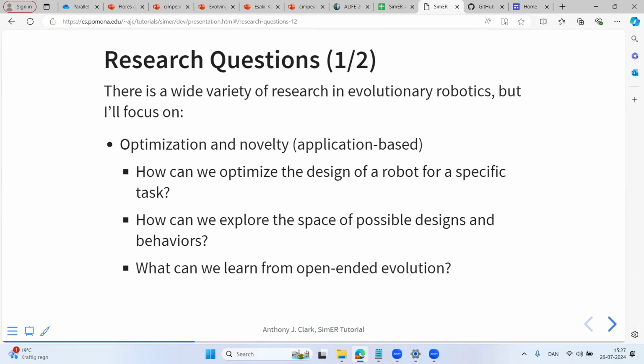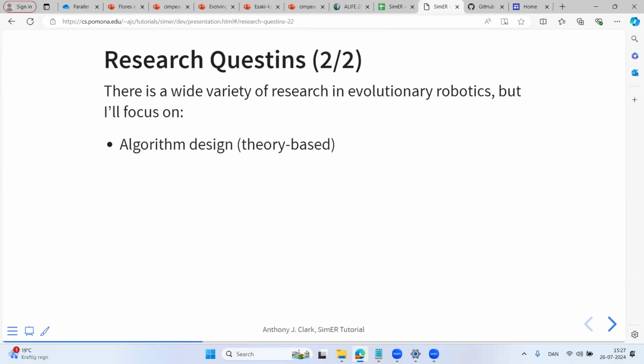Oh, and then we can also talk about open-ended evolution. On the other side, when you're doing evolutionary robotics research, something else that some of my colleagues do, this isn't really my focus, is look at algorithm design. So how can I craft an algorithm that best produces the result? Instead of trying to optimize the result, I'm trying to optimize the algorithm. Like, what can I tweak? What can I look at in the algorithm? I've seen a few papers on it at this conference, actually.